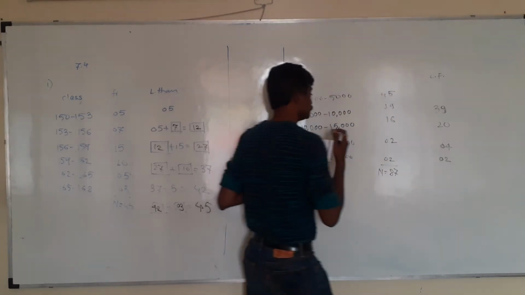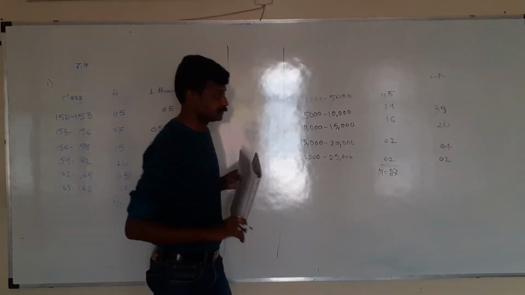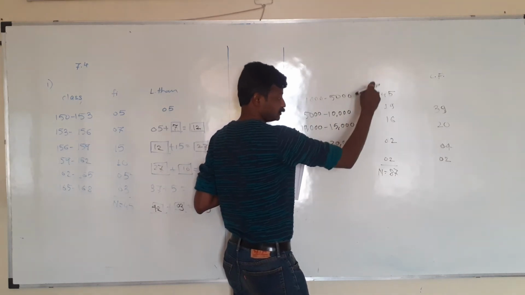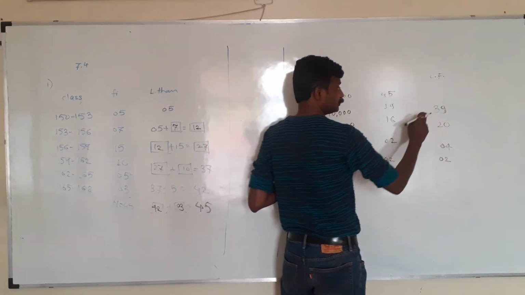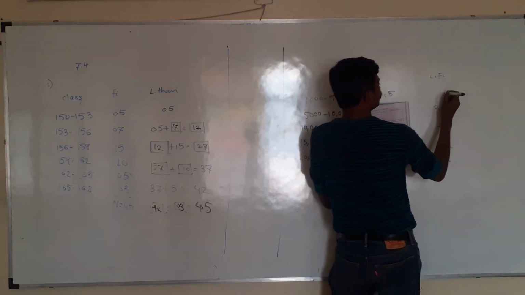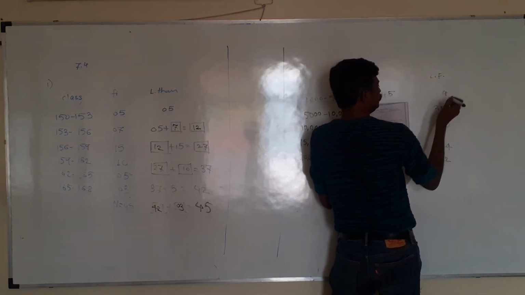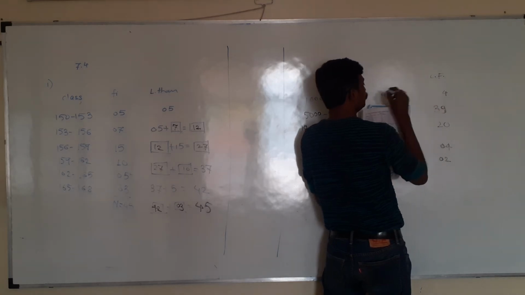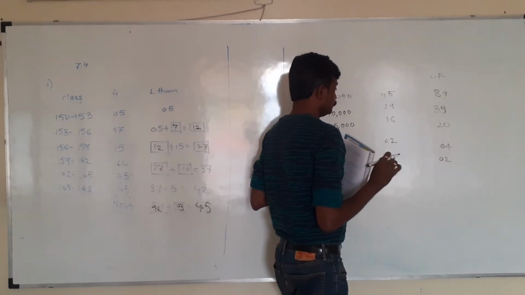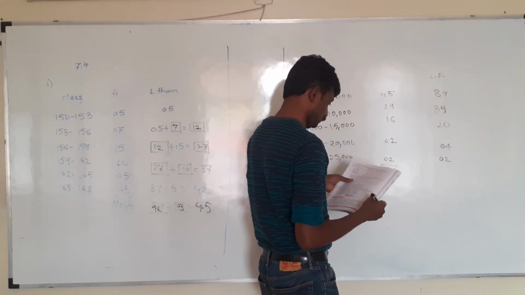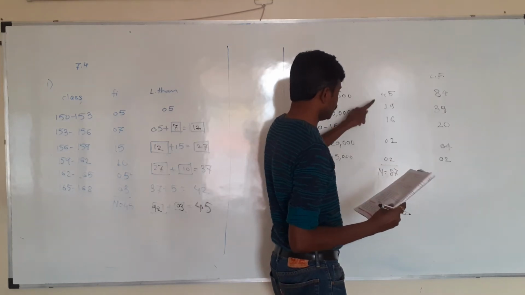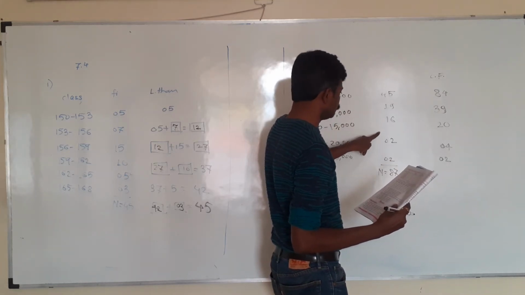So this is cumulative frequency more than type, more than the lower class limit. And the last, cumulative frequency more than 1000, addition of all. Till here we have the total 39. 39 plus 45: 9 plus 5, 14, 4 carry 1, 3 plus 1, 4, 4 plus 4, 8. The total is 84. And there is some problem, because in the textbook the total is given as 87. Just cross-check it: 45, 19, 16, 2, 2.